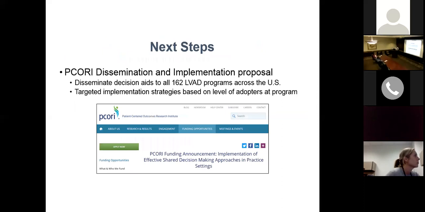This is the second to last slide. So we just submitted a grant, actually just pushed the button today, to do a next phase of this work. We feel like we have a successful implementation. We have an efficacious intervention. PCORI's funding a limited competition thing for things they've previously funded, effective shared decision-making interventions for dissemination. So we're going to try to disseminate this tool to all 162 programs around the country,